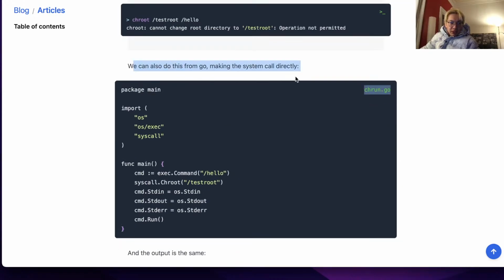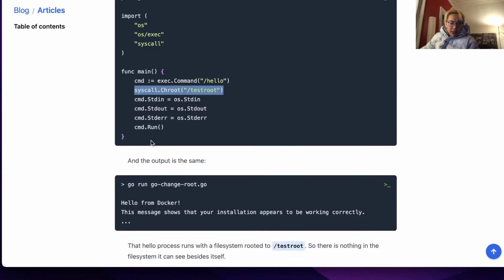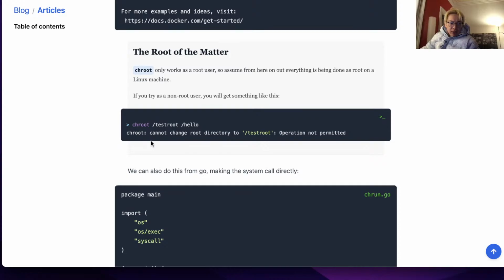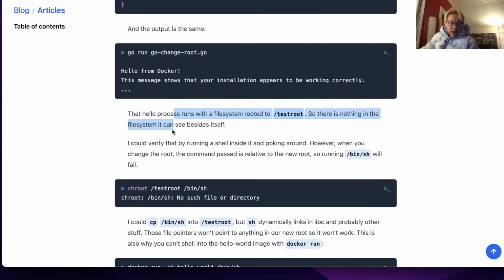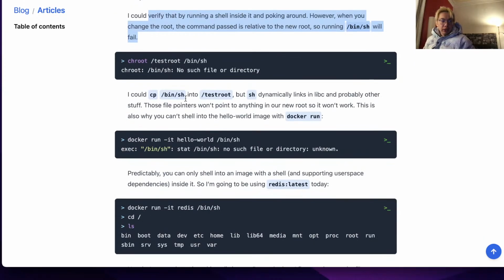All right, so then you have some C program or Golang making a system call. You'll execute the hello command, and the system call changes root, and the output's the same. Interesting. Okay, so there's nothing to process. I can verify that besides going to the shell when you change the root. So how do we avoid running the entire thing as root? Well, you just compile a Golang program that will trigger the change root on it. Okay, fine.